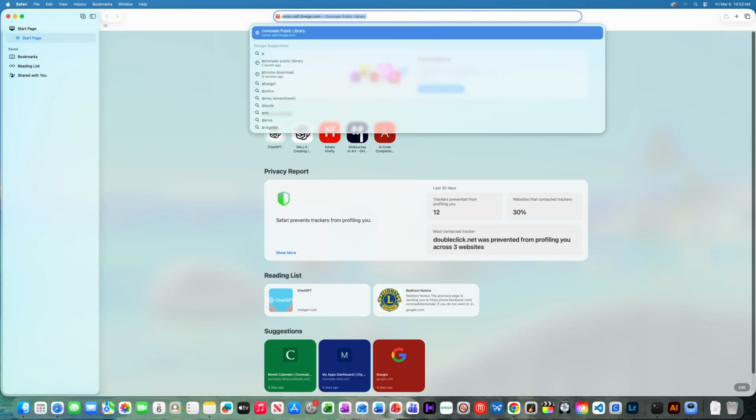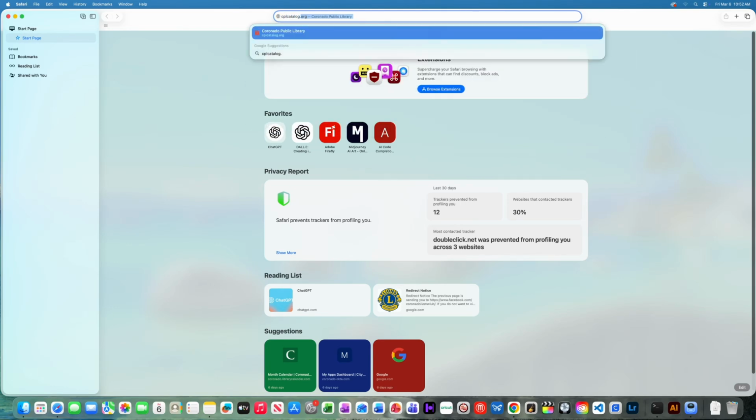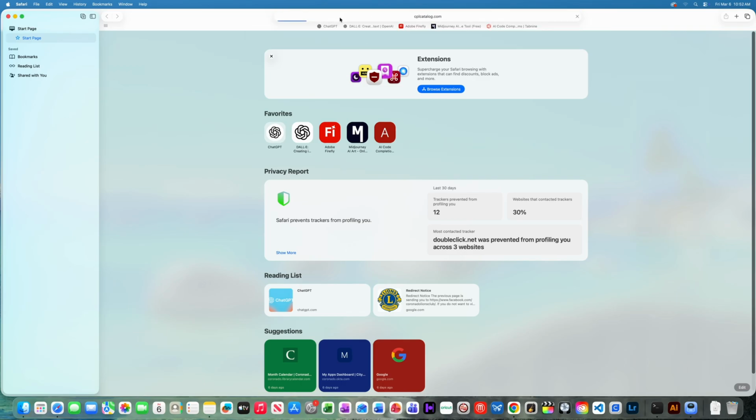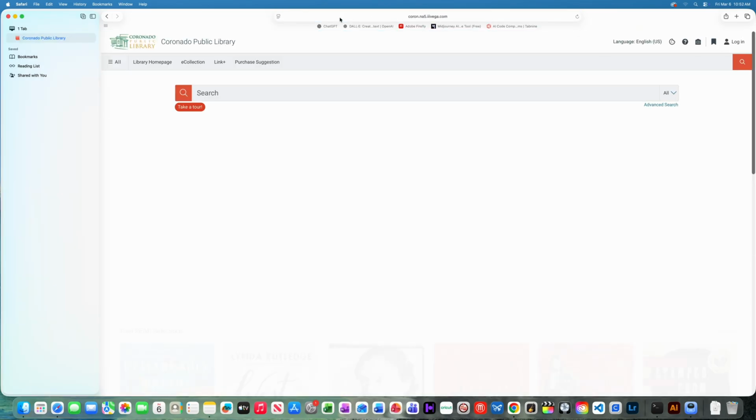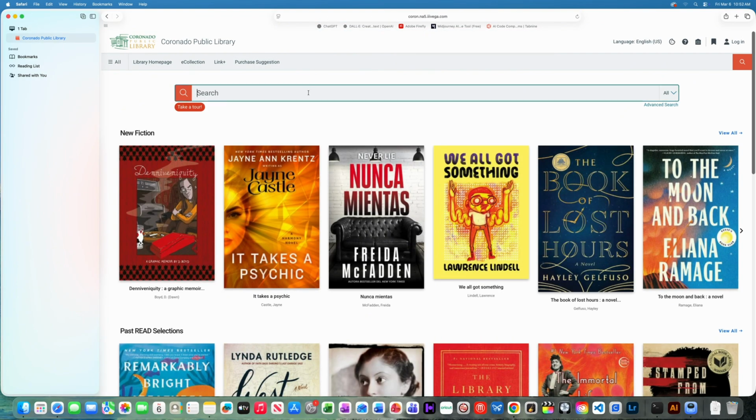Hi everyone, today I will be showing you all how to use the new catalog. Navigate to cplcatalog.org. From here you can check on the availability of any title in the library by entering the author, title,